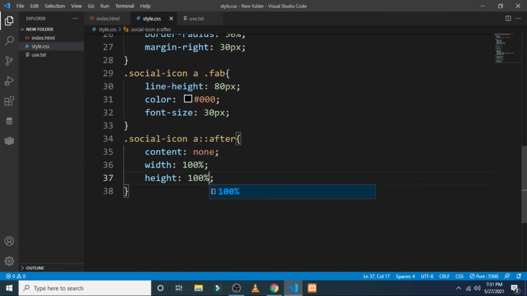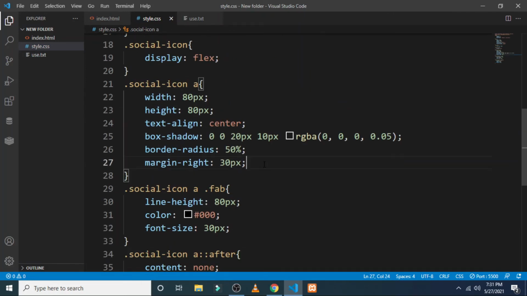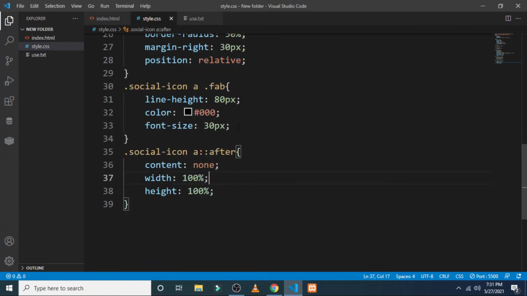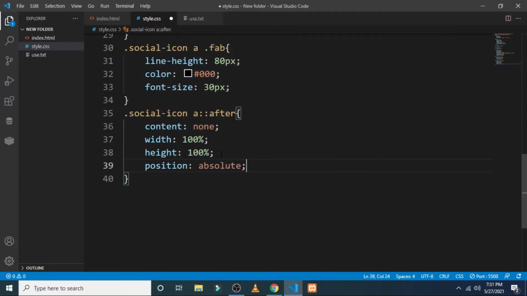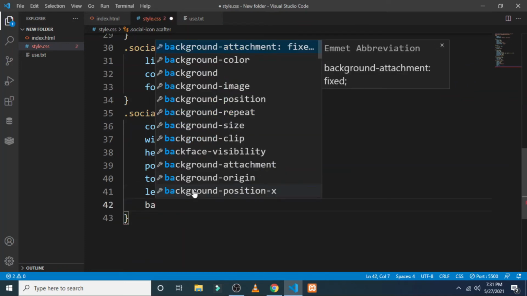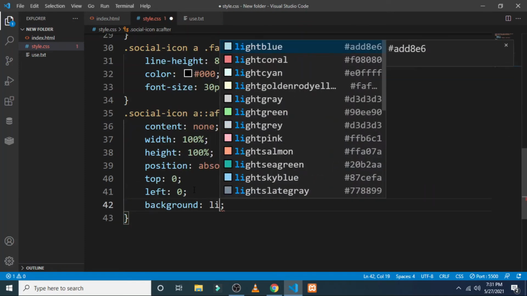So as you can see, we have to put the position relative in the main anchor tag, so that it will use the after effect. So in this we will use the position absolute, because in the main tag we have used the position relative. Top will be 0 and the left again will be 0, and the background will be linear gradient.